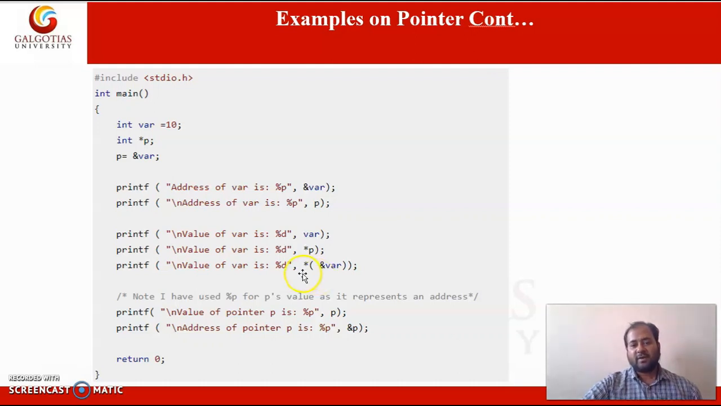Okay, so these two operators can be used with the variable to print the value of a particular variable. And in the next statement we are having the value of pointer p, and the address of the pointer is ampersand p. Okay,